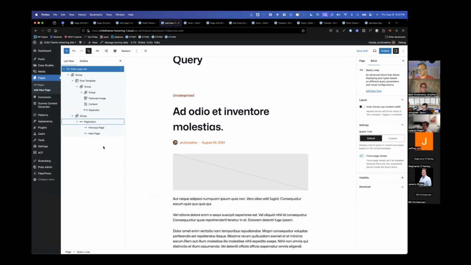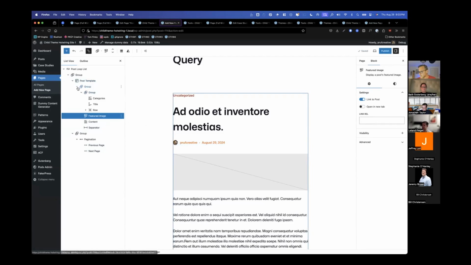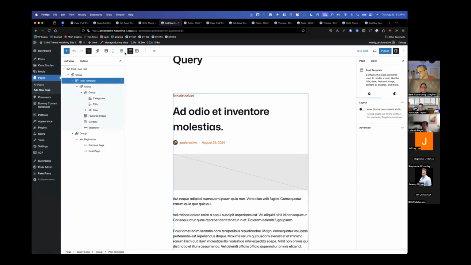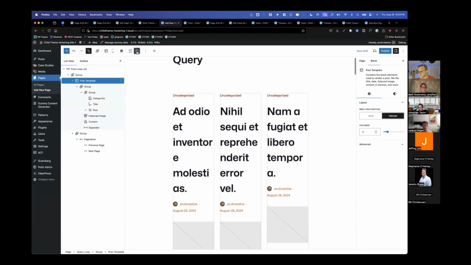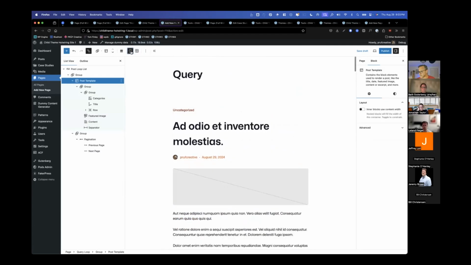And this directly translates to what I was talking about on the hot wiring side. You can often spend quite a bit of time configuring how you want your posts to look, right? And you don't want to have to completely reskin every site. So let's say I'm a fan of a 2-column representation for my posts. I'm going to start rearranging it, and what I'll point out here is we have our top block, which is the post loop list, but down inside it we have the post template where there are a number of other parameters you can set. So I can flip this over to a grid view, and you saw that change dynamically. I'm going to flip it back to the list view.